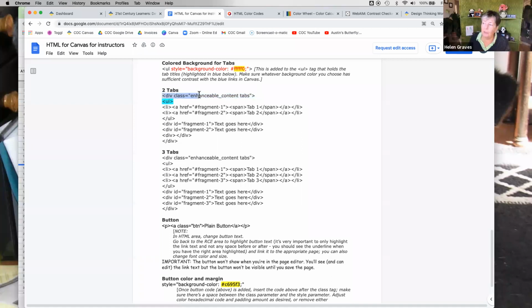You've got an opening div that sets up the whole tab. Then you have a div for each individual fragment: fragment 1, fragment 2, fragment 3, each with a closing div. Then you have a final closing div because it has to close the original. So make sure each individual fragment has an opening div and a closing div. Then you have the double div at the bottom. It's got the close here, but then it has another.